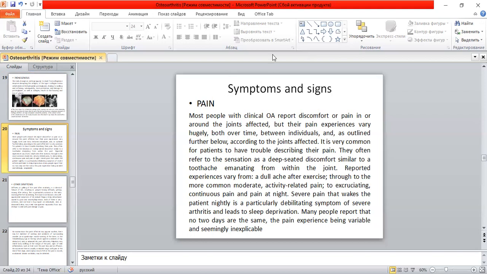Reported experiences vary from a dull ache after exercise, to the more common moderate activity-related pain, to excruciating continuous pain and pain at night. Severe pain that wakes patients nightly is a particularly debilitating symptom of severe arthritis and leads to sleep deprivation. Many people report that no two days are the same, the pain experience being variable and seemingly